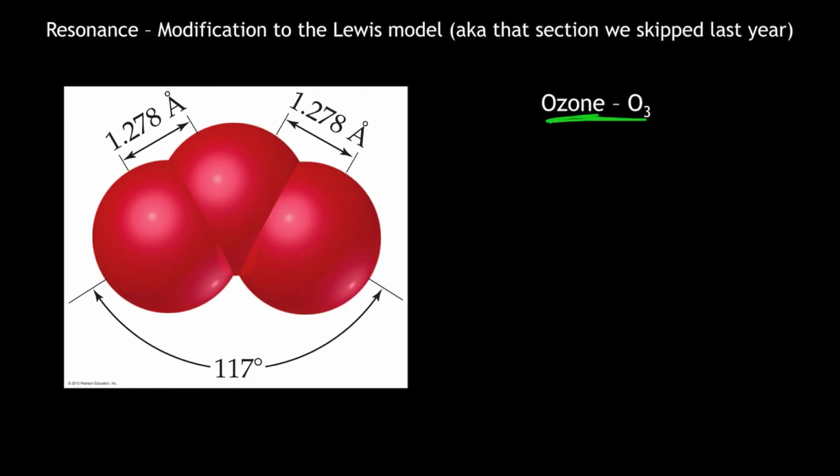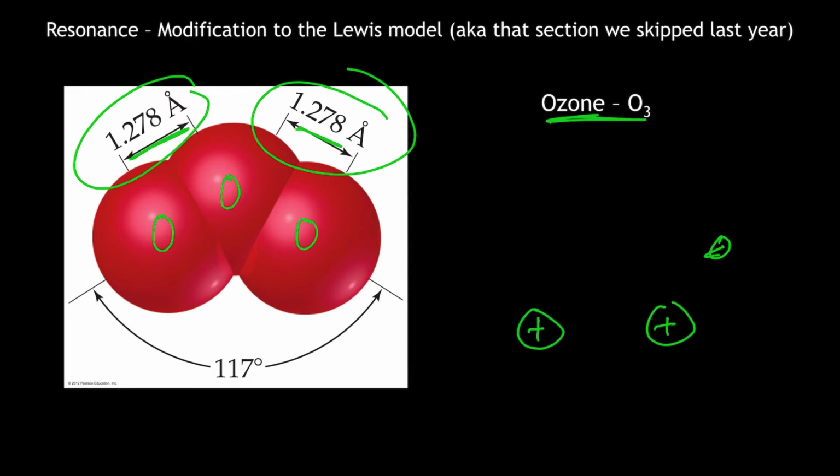Your book talks about how one of the observations in ozone, which has 3 oxygen atoms, is that the bond lengths are equal, yes? Now, let's think about that. A bond means that we have positive nuclei and we have electrons between them. And what it means when bond lengths are equal,